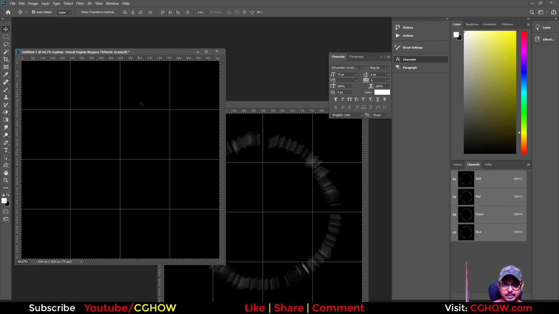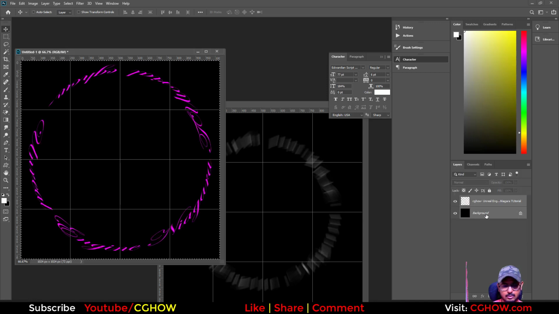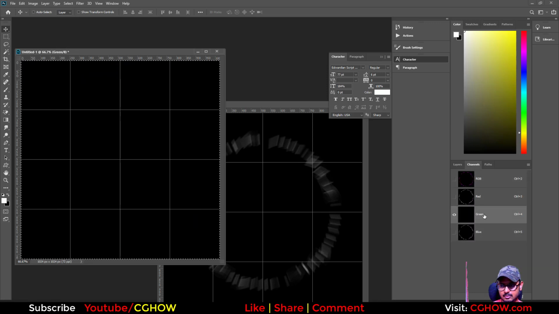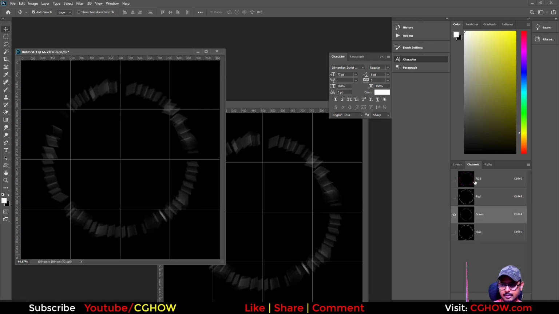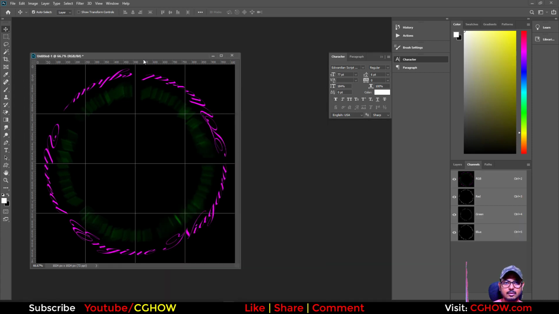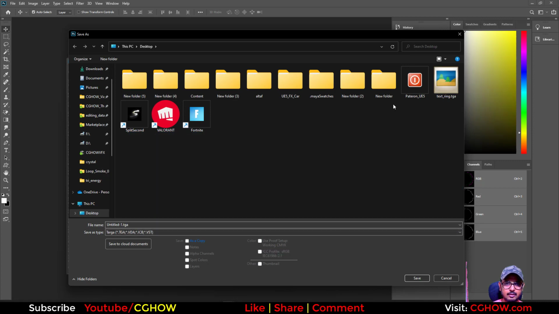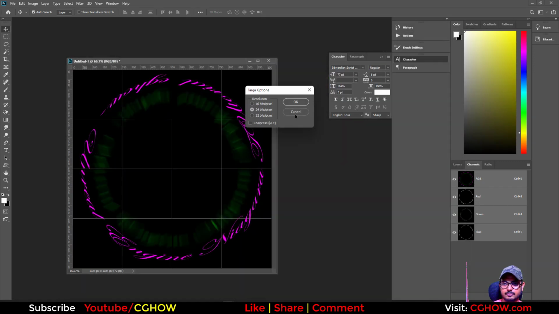This copy, paste. Why it's not pasting? Okay, let's merge this. Okay, paste. So we have two channels in one texture, and then we can save this again, Targa, and save it,